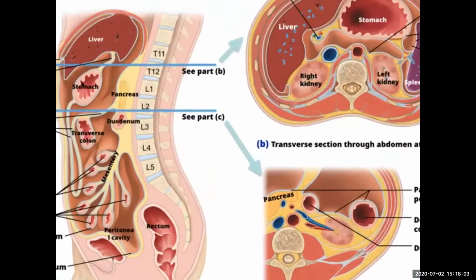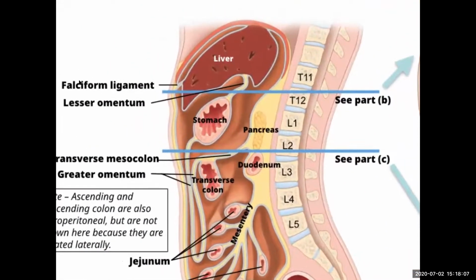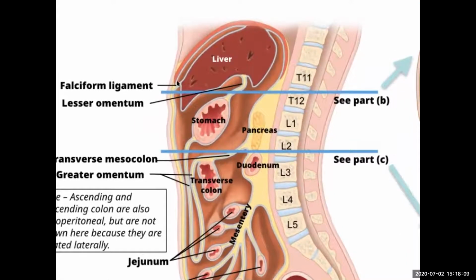Okay, and here is your falciform ligament. Okay, you can see the falciform ligament anchors your liver to the interior abdominal cavity. Okay, and your lesser omentum connects the liver to the lesser curvature of the stomach, whereas your